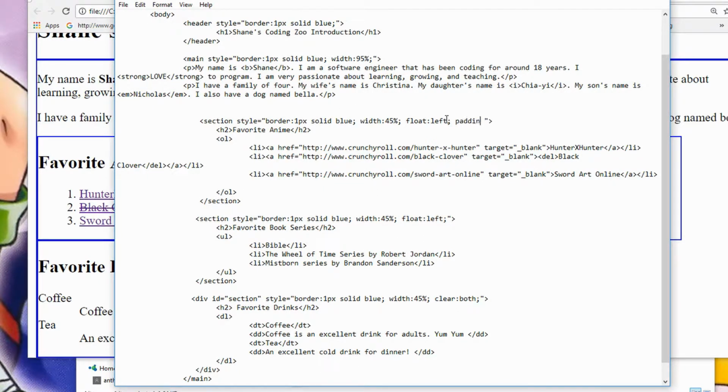5 pixels. Pixels, again, are basically, think of them as just 5 dots, okay? It'd be the width of 5 dots. So I put 5 pixels there, 5 there, and I'm going to go to main. I'm going to put 5 pixels there. So padding, 5 pixels, semicolon. Okay, file, save,